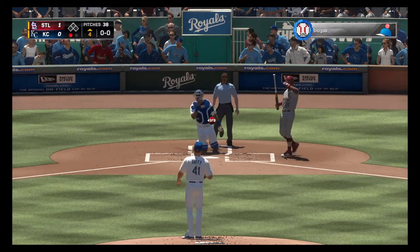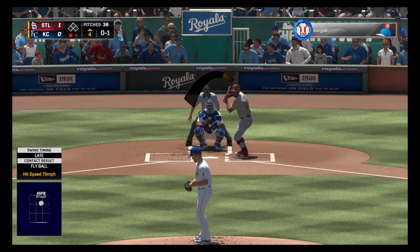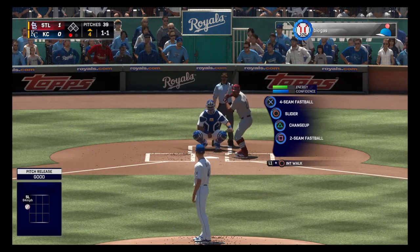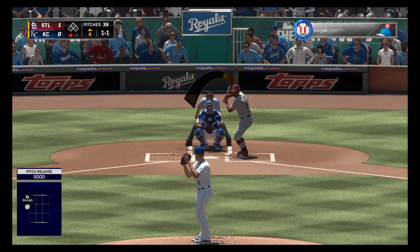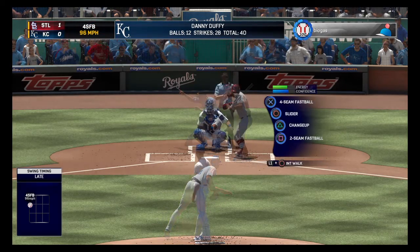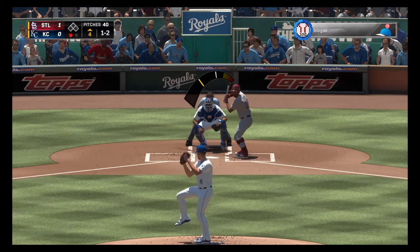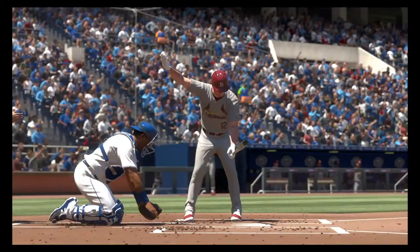Sends that one out of play for strike 1. Comes set with the 0-1. Outside for a ball, 1-1. Backdoor breaking ball just missed right there. It's such an effective pitch if you can hit the corner with it, but no dice this time. Here's a pitch swung on and missed. 1-2 now. Pitch on the way. A swing and a miss for out number 2, and a ball he had no chance